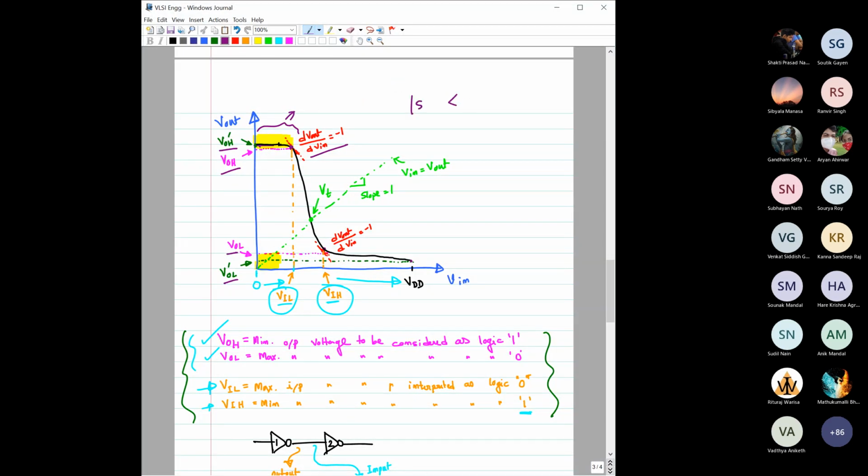That means the mod of slope is less than 1, right? So any change you now put in this input, the VTC is basically this output versus input. So say this is that function. V output versus V in is basically the mod of slope. So any change on the input side, maybe due to noise,